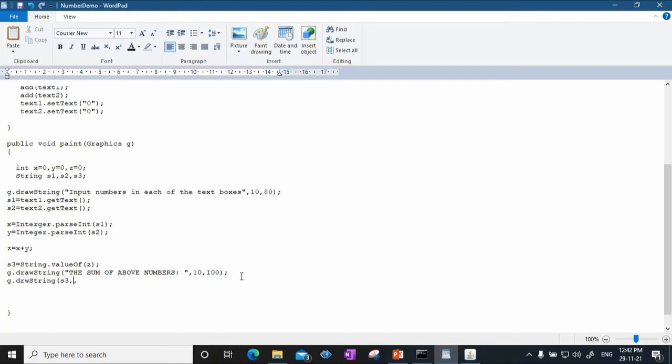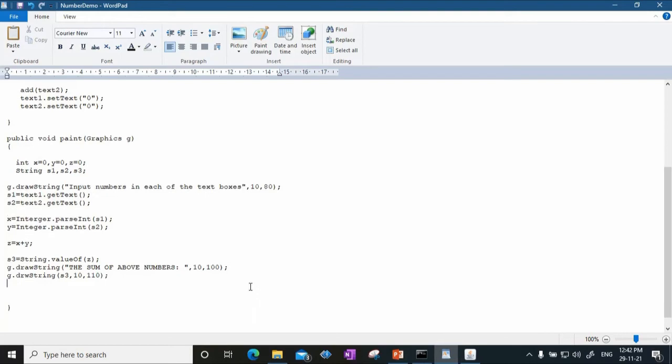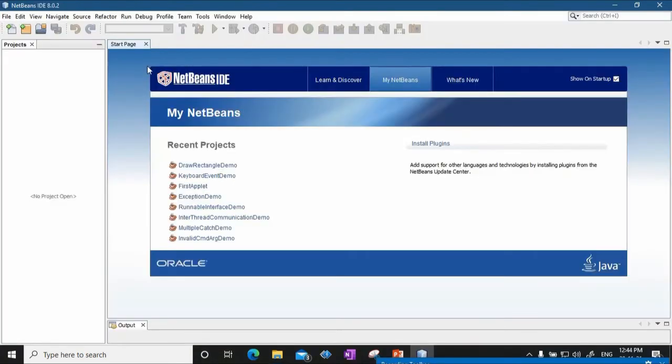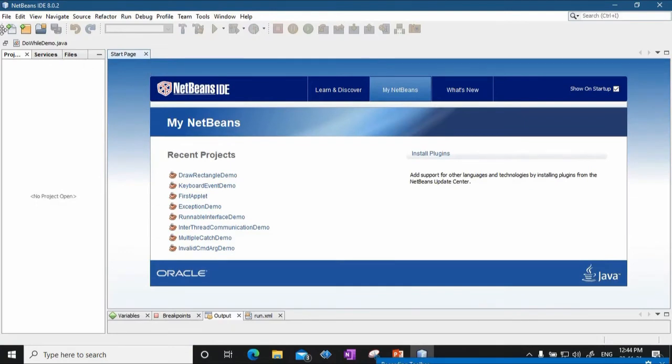So I can just say the x value is 10 and the y value is 110. Let's see how this will be displayed. Okay, so I will save this program.